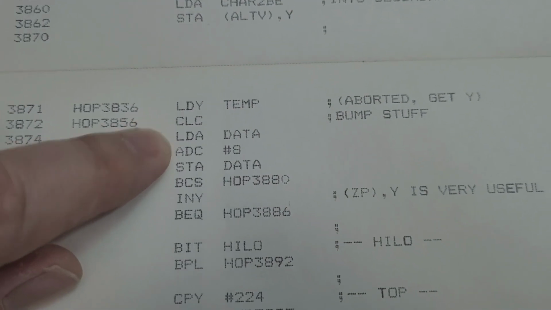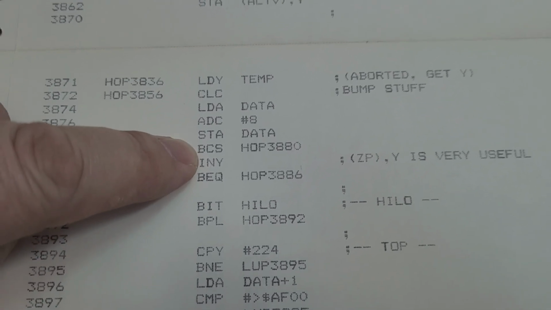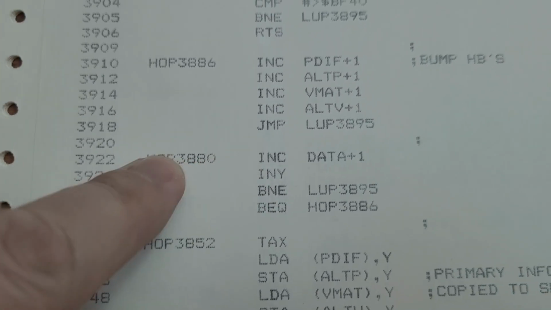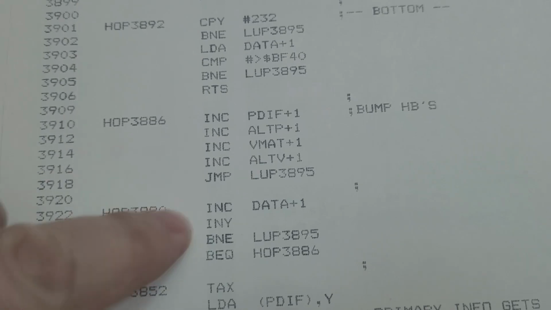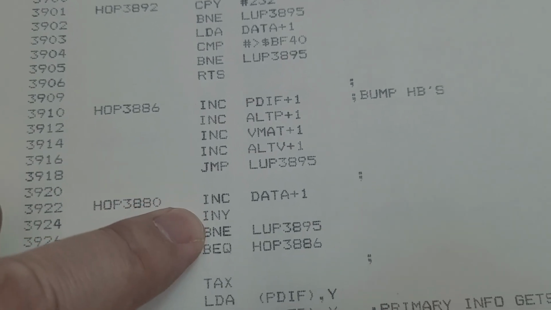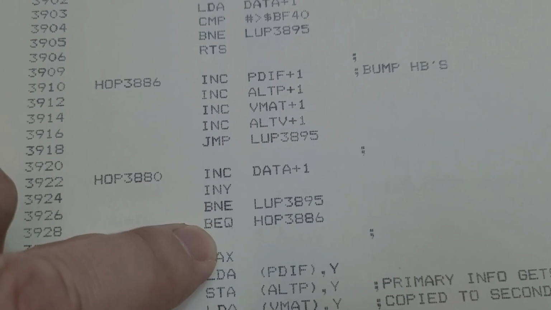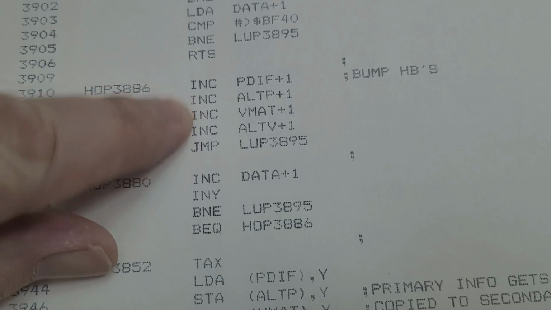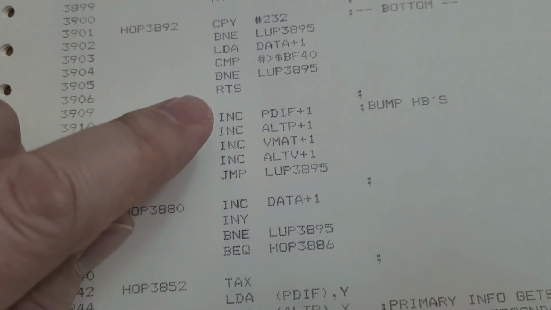When you're incrementing the bitmap, if you cross a page on the bitmap, the next one is simply one higher, and I have the branch going here, so it's not leaping over it countless times, when most of the time it's just going to fall through. And once you're done that, increment the cell thing while you're at it, and deal with that appropriately. Sometimes, rarely, you'll have to do this anyway, but in the end, they both lead to loop 3895, and they go back and do the next comparison. The thing is,